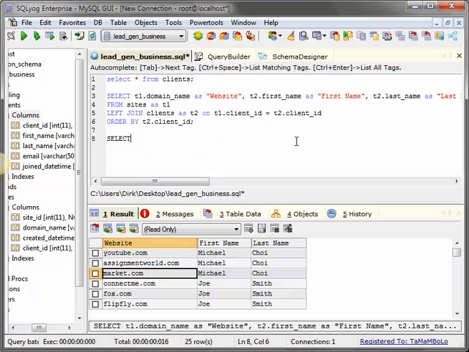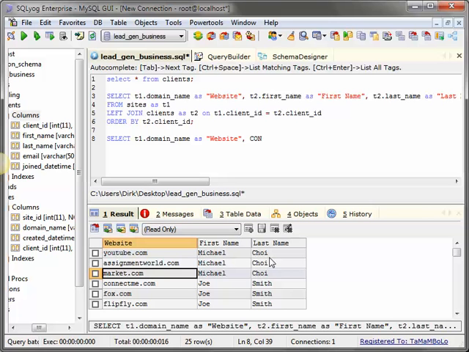So select T1 dot domain_name as website, comma, and then let's concatenate the first name and then the last name.